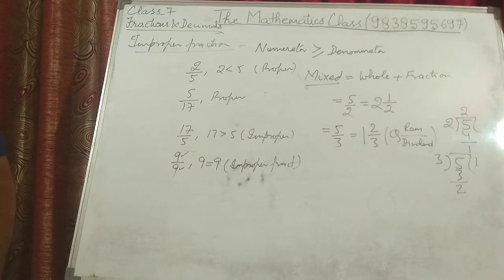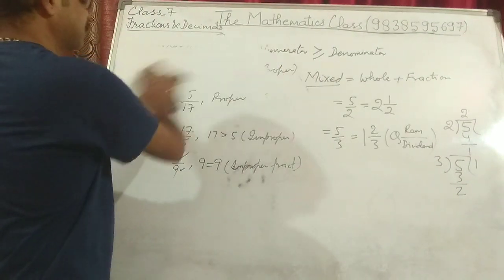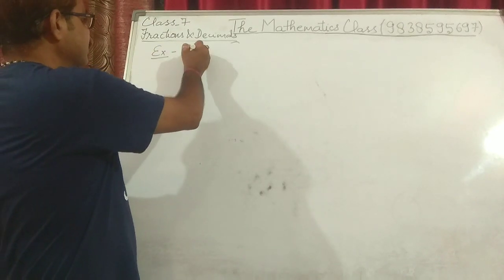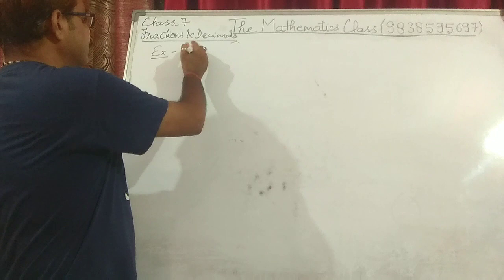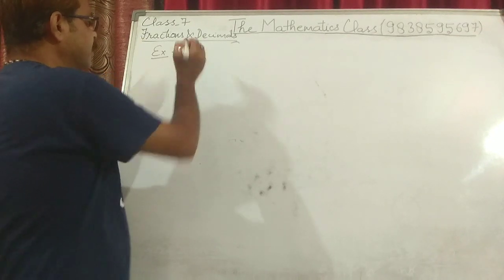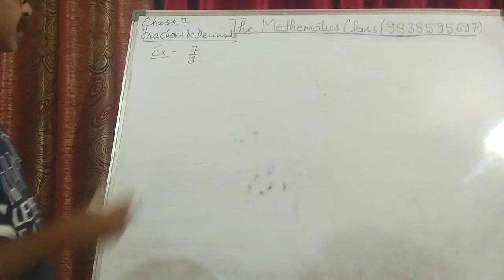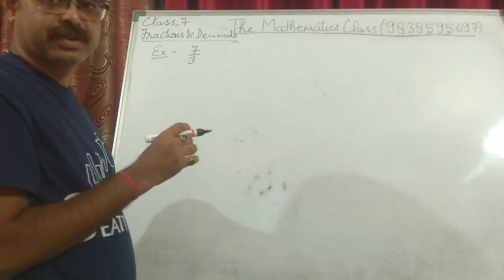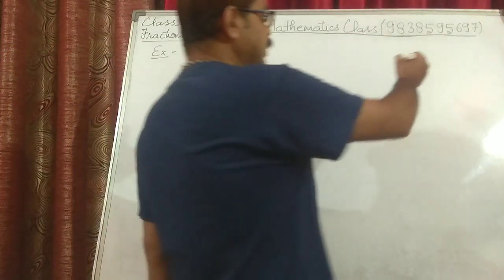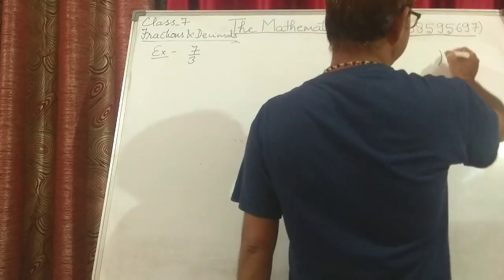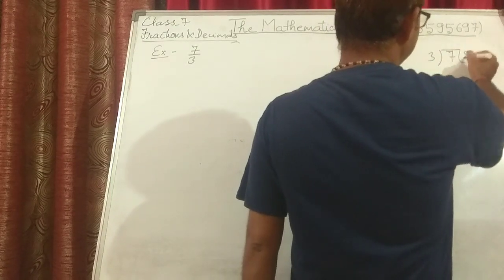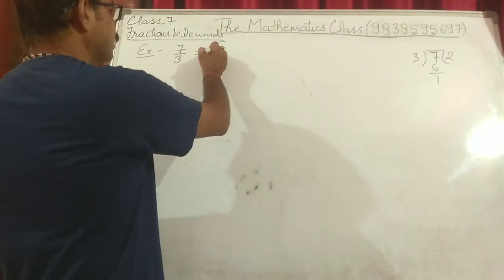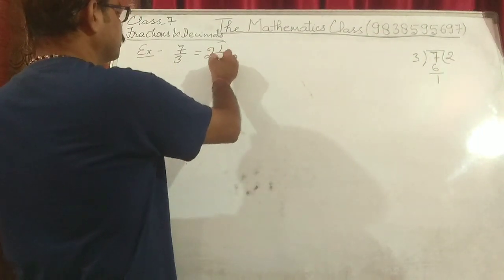Now let us discuss a few questions based on this. Let me give you one better example for mixed fraction, let's say 7 upon 3. This is basically an improper fraction. When you convert it to a mixed fraction, you will divide 7 by 3. So 3 2s are 6, 1 is remainder. It means this can be written as 2 whole 1 upon 3.